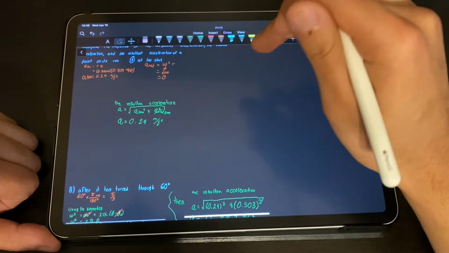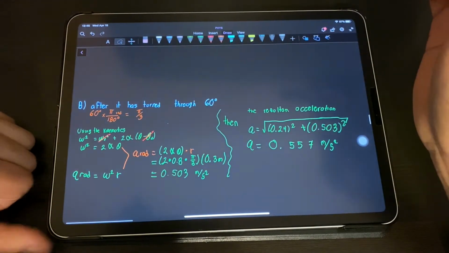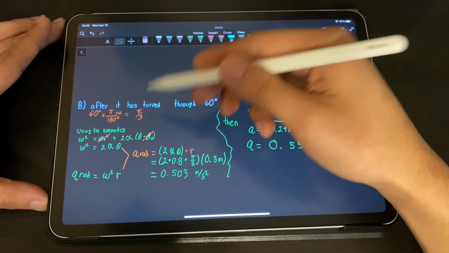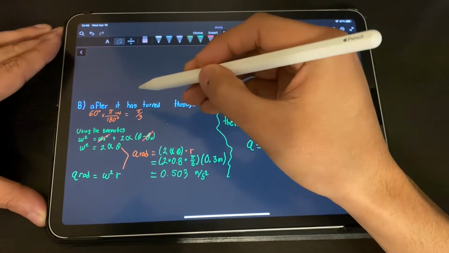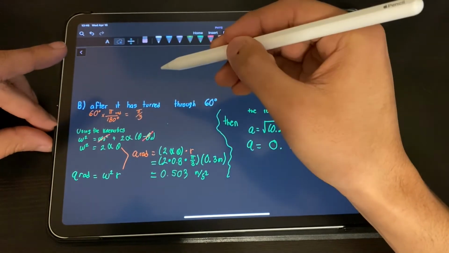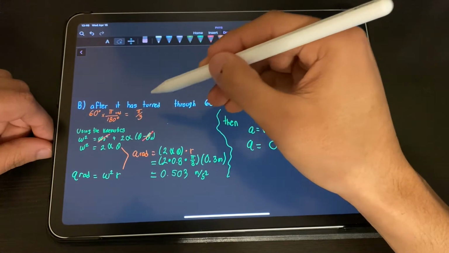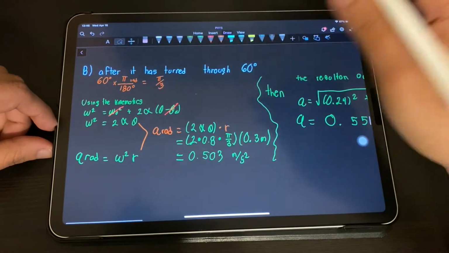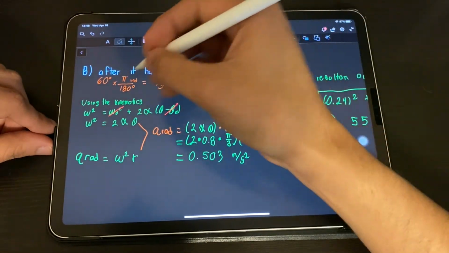First is gonna be through a 60-degree angle, and the first thing to do is to convert the 60-degree angle to radians. To do that, you multiply times pi divided by 180. We get pi over 3. And then using the kinematics, we take these two formulas